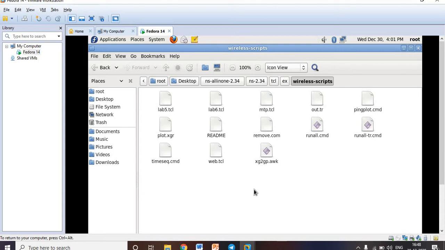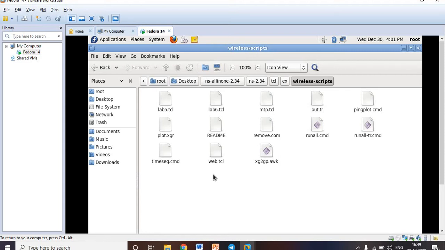That means we are accessing one more TCL file within our original TCL file. So where is that web.tcl? Here we have it. This is the default web.tcl file within the wireless scripts folder. You can see here the path of web.tcl. That's why we need to save the fifth program and sixth program within this folder only.